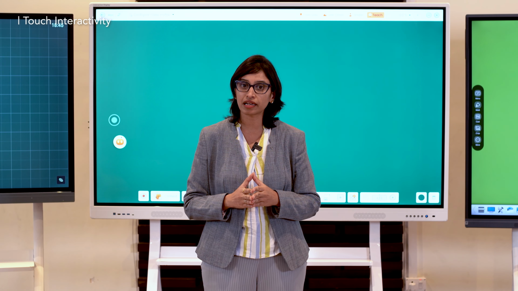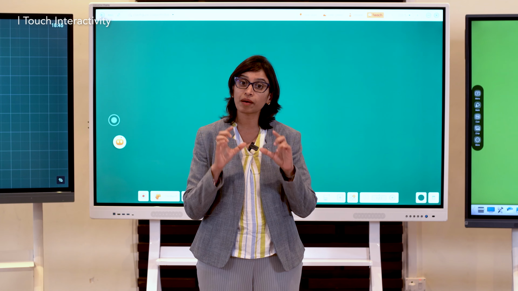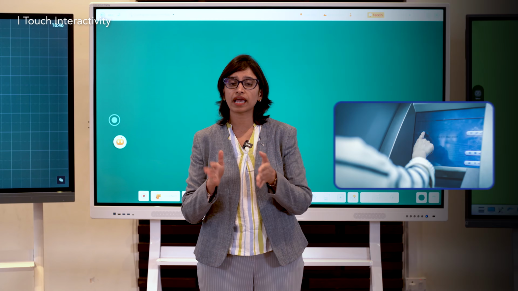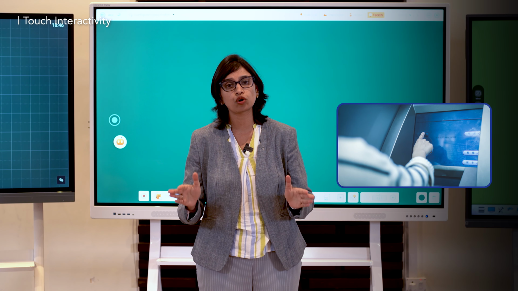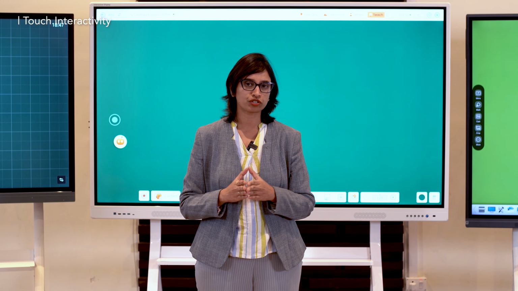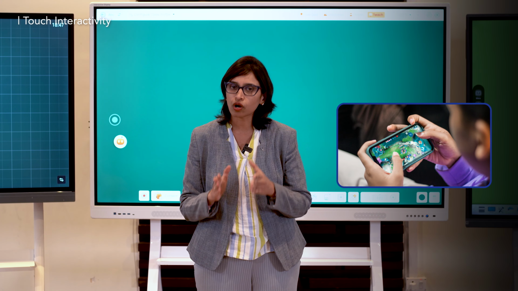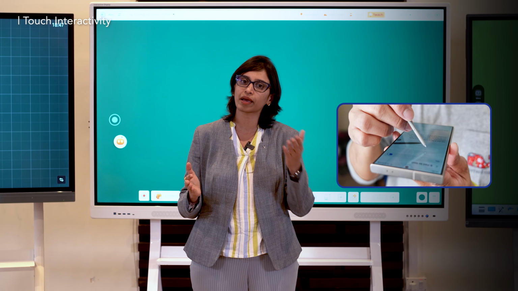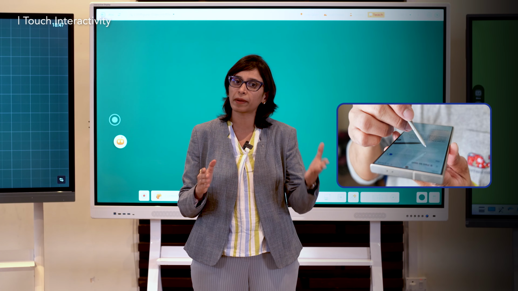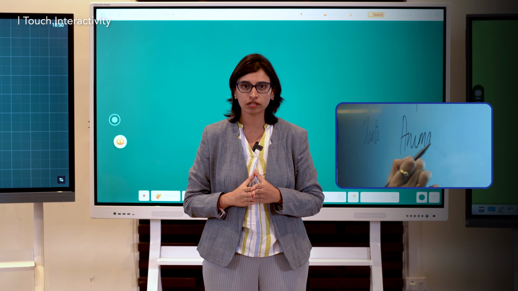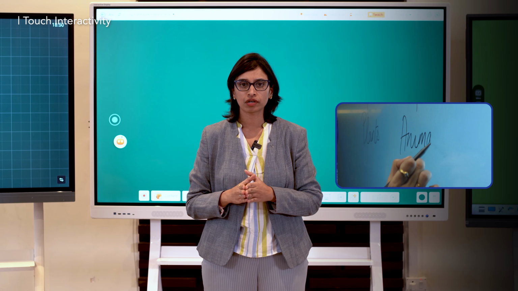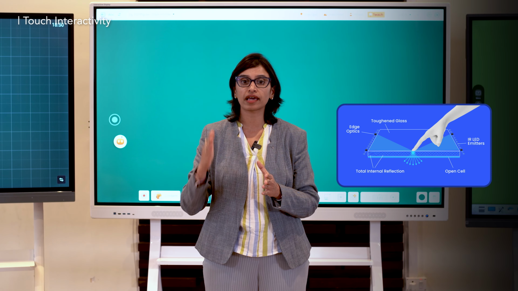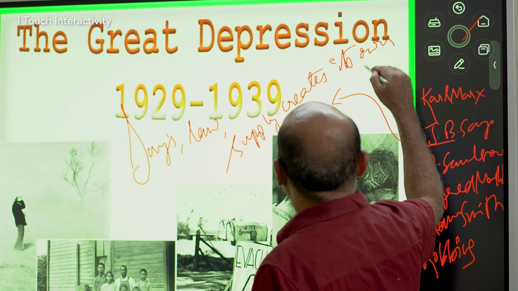Before we get into details of understanding how to check the touch performance, let's understand some basics of different types of touch technologies available. The resistive technology, which is commonly used in the ATM machines, as you know, provides a very slow performance. The next is the capacitive technology. This is found in the smartphones. Though it is not ideal for writing, some of the phones do come with a stylus which uses a combination of electromagnetic and capacitive technology, so it supports both the finger and the pen touch. The last being the optical touch technology, which is the best option for the digital boards. Within this category, we have the older IR technology, which is more prone to lag, while the advanced edge optical technology offers an ultra-fine smooth writing experience.